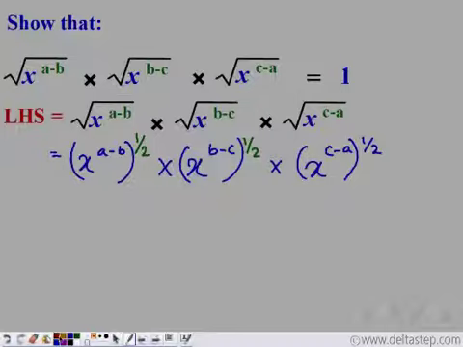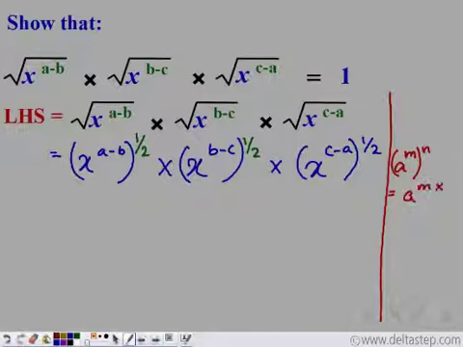Now, if we have (a to the power m) whole raised to the power n, we can write it as a to the power m into n. So we need to multiply these exponents. So we get x to the power (a minus b) into half. Now (a minus b) into half gives us (a minus b) by 2